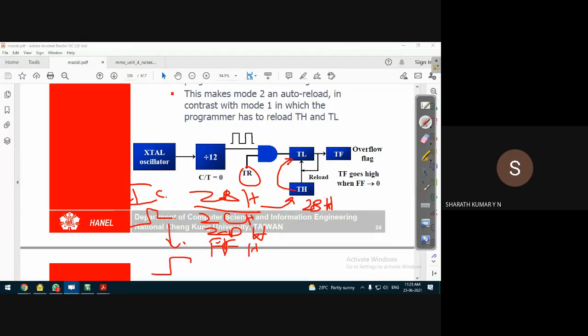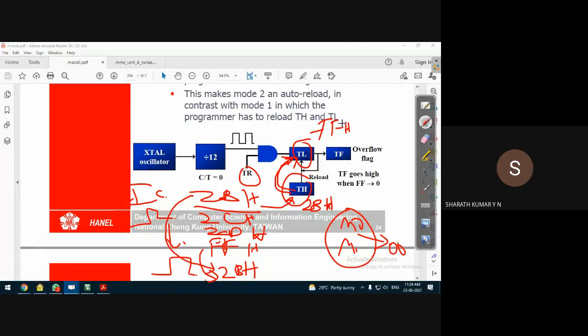On the application of the next clock pulse, the timer resets. In all other modes of operation, mode 0 or mode 1, the timer will reset to 00. But in this case, the timer will not reset to 0, but instead it will reset back to the initial count, in our case 2BH, which will be copied from the upper byte of the timer to the lower byte of the timer whenever the lower byte of the timer overflows from FFH.